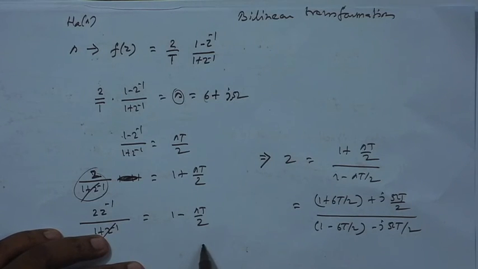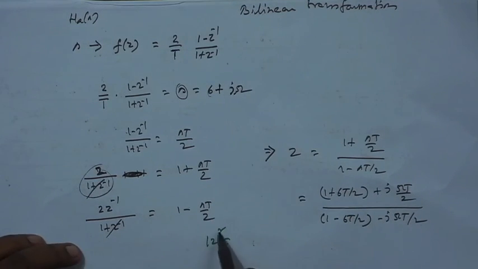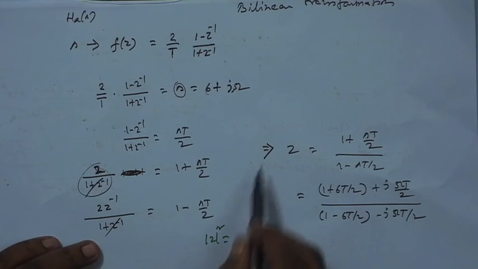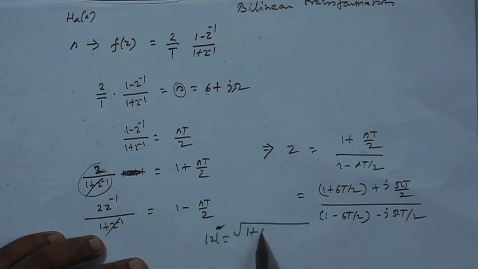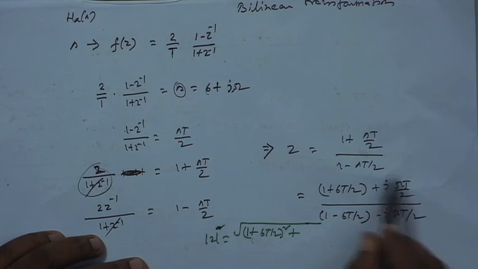So, what is mod z? Mod z says take the square, otherwise you have to take a square root. For a plus j b, its mod is the square root of a square plus b square. I do not want to compute the square root, so take the square. So mod z is the mod of the numerator divided by the mod of the denominator, as we have seen last time. I am taking the mod square, so the square root will not be required, or if you want you can put a square root, it does not matter. This is the real part, so a square, and this is b, so b square.